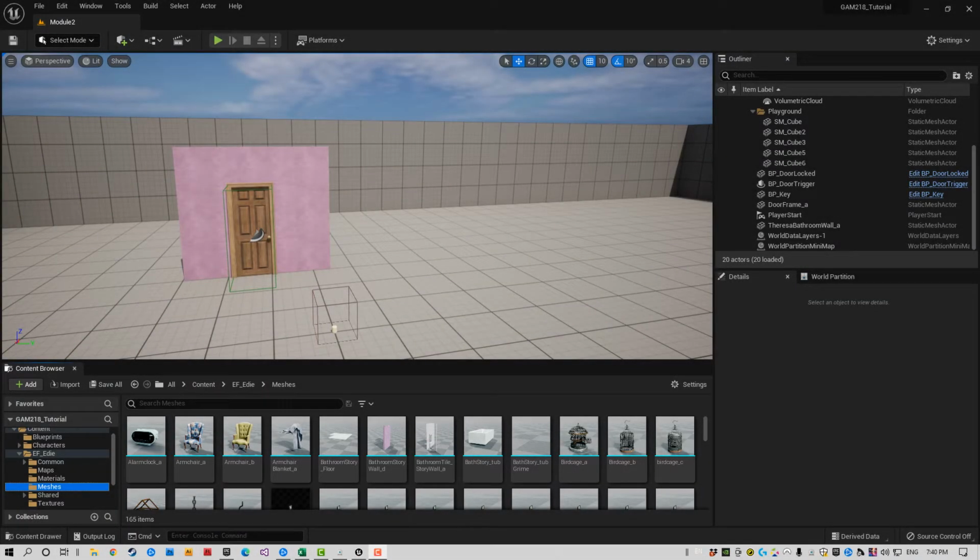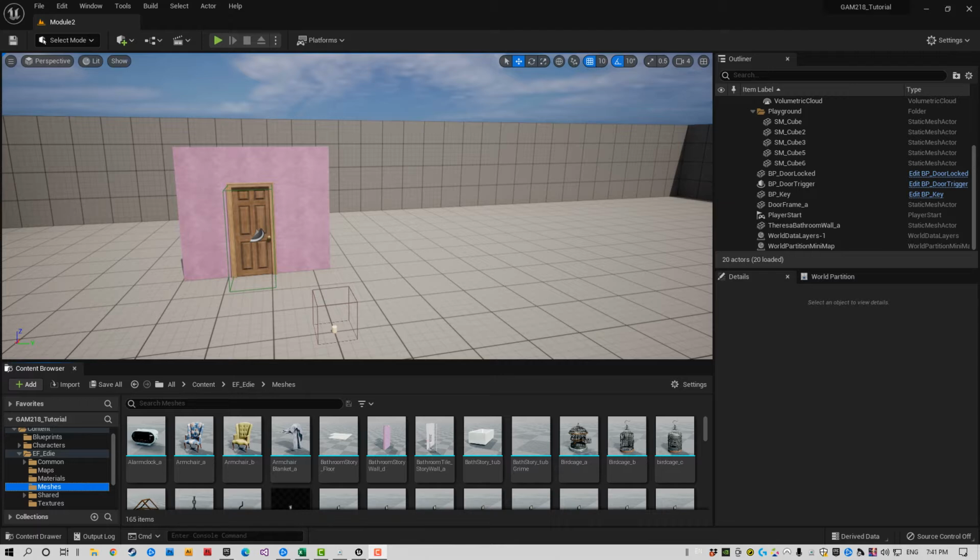Welcome back. So one of the most important elements that we can add to a level is feedback. If we create an interactable object and the player interacts with it, but there's no feedback showing the player what happened, it's as if that interaction never occurred. The player needs to see some sort of information that tells them that what they're doing is having an effect on the world. To do this, we're going to start by adding lights to our scene that we can interact